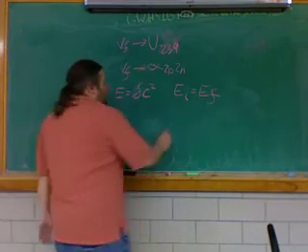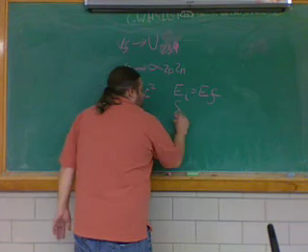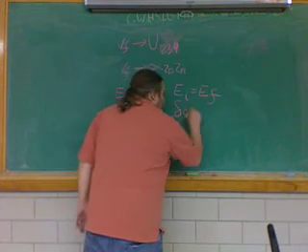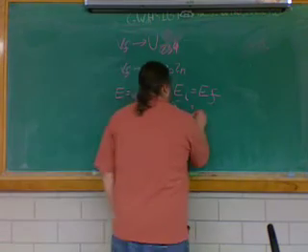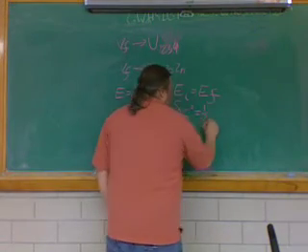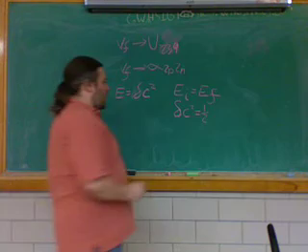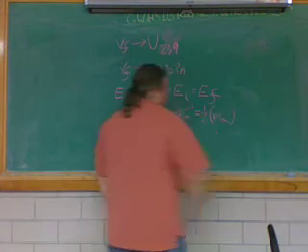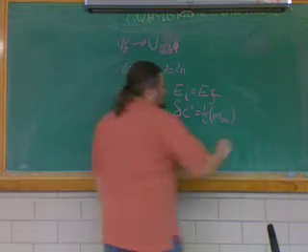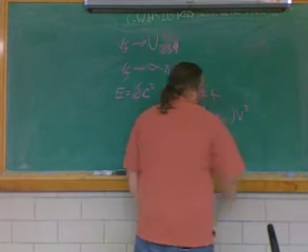Okay? So mass defect times c squared is equal to 1/2 the mass of my alpha particle times the velocity squared of my alpha particle,